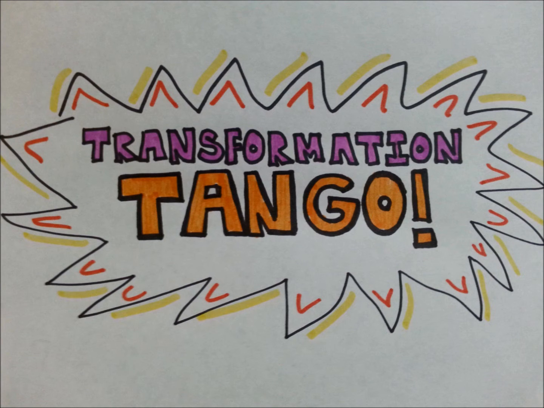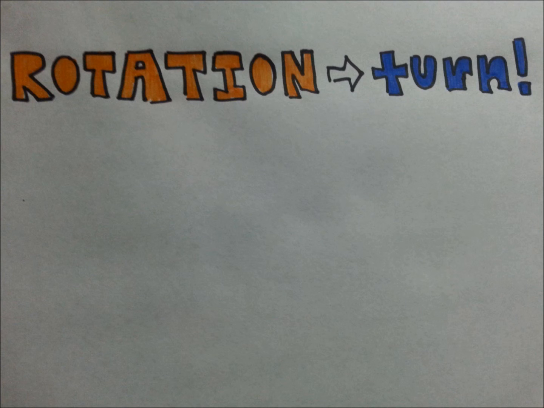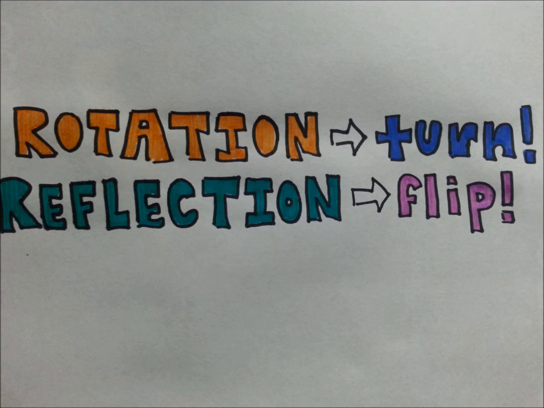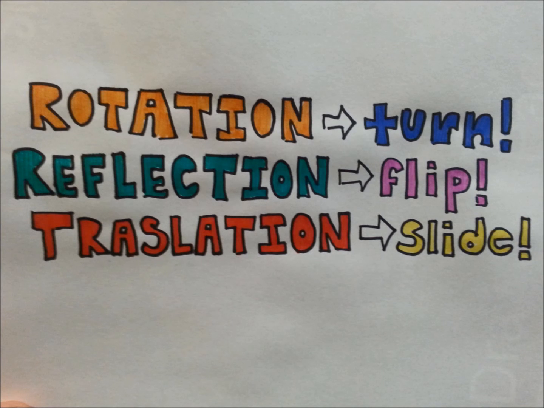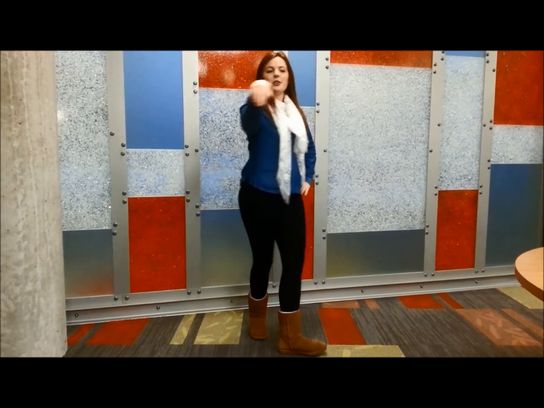A little trick to help you remember rotation, reflection, and translation is the transformation tango. You turn for rotation, flip for reflection, and slide for translation. And it goes a little something like this. So let's do the transformation tango. We're going to start with our turn, and then a flip,